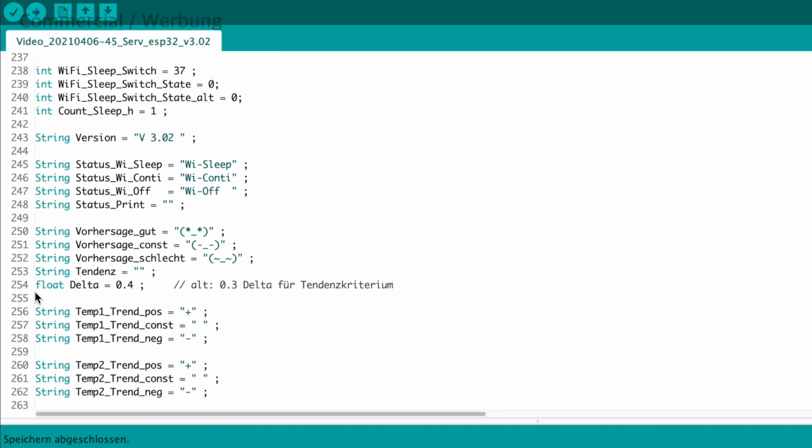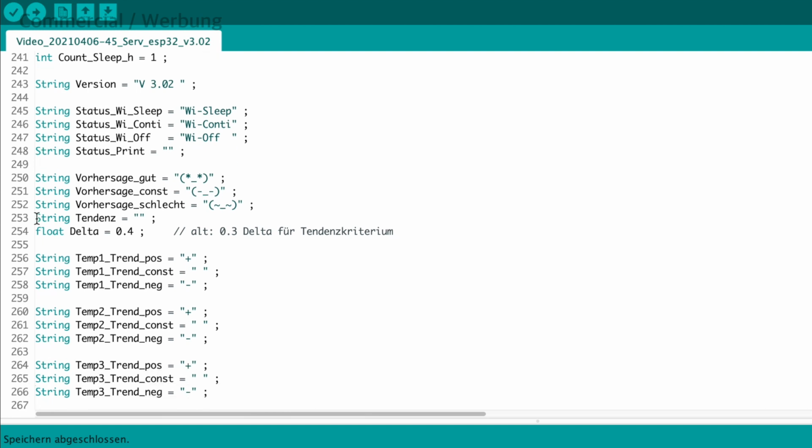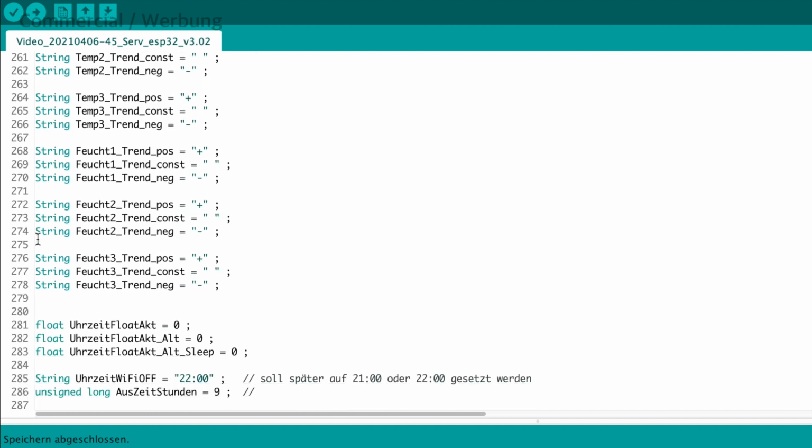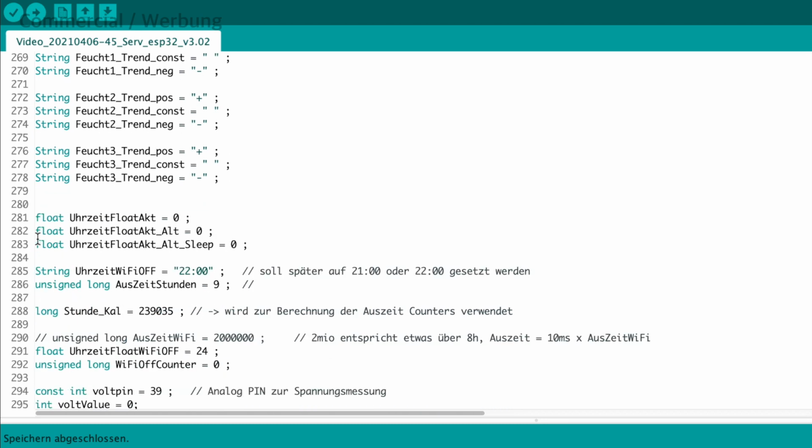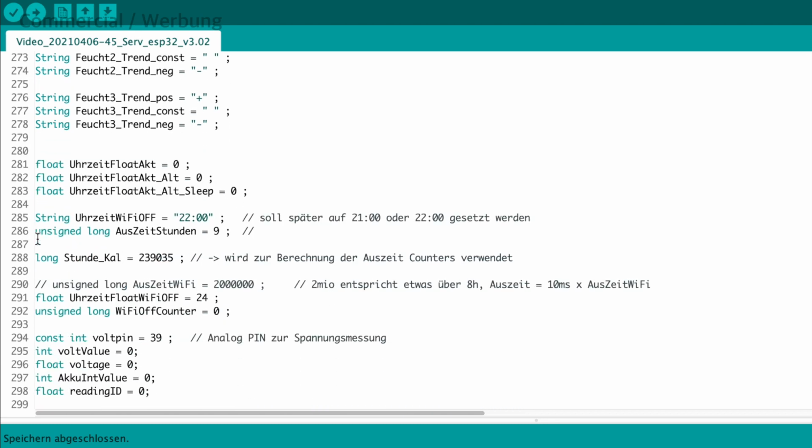Then we have some strings defined to indicate the Wi-Fi status and the pressure tendency that I explained before. There are some additional string variables defined for other trends that are not used yet. Here's the switch off time and the number of hours to sleep for our scheduled Wi-Fi operation.